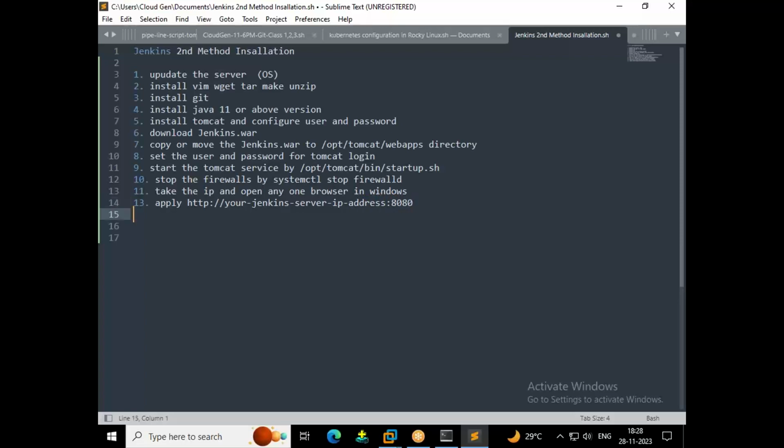Okay, and next, if we want to enter into Tomcat, then we can enter into Jenkins. Next, apply choose. Okay, yes, then